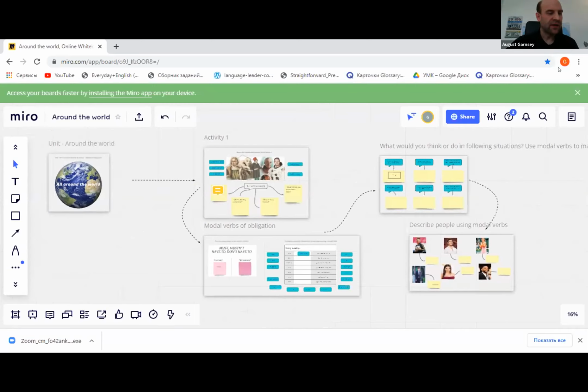Also, I do want to address a few questions just briefly. I saw a couple of things in the chat. Yes, Miro is free. There are paid versions, but Miro is free. You can get up to 3 boards free. You can make more than 3 boards, but you can only have 3 boards active at one time.